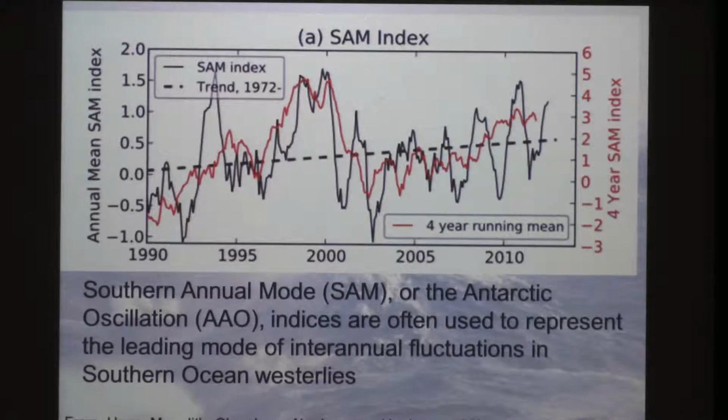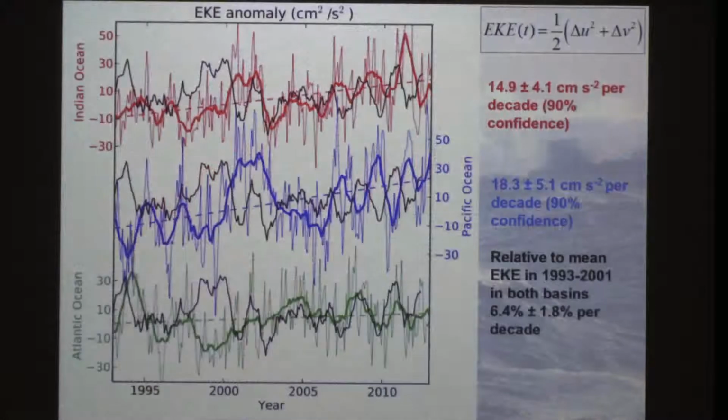And we actually found what I suspected, that the gridded data attenuated the signal in the eddy kinetic energy, and using the higher resolution crossover data from altimetry that's available, we could actually see that the eddy kinetic energy had increased over the last 2 decades. And it's significant. It's about 15 to 20 centimeters per second squared per decade. And if you compare it relative to the relative eddy kinetic energy, it's